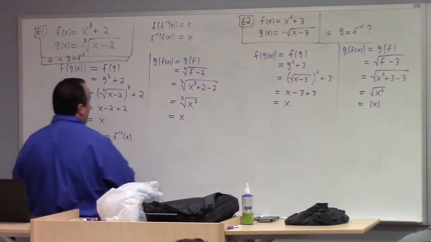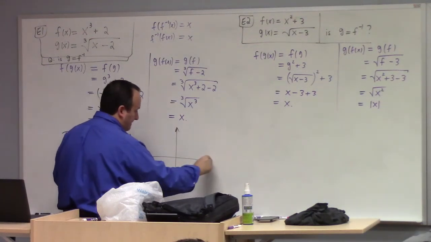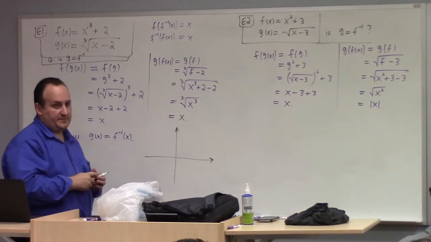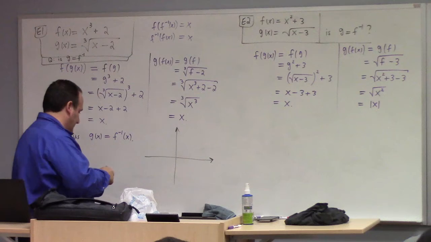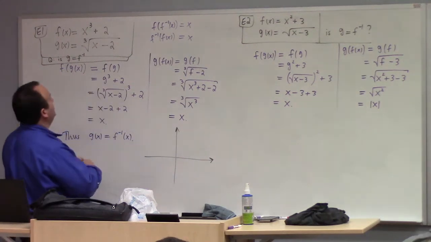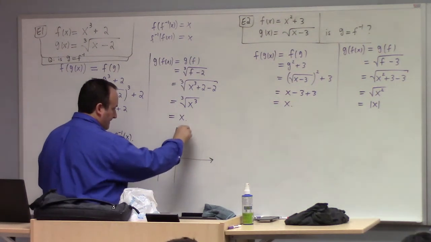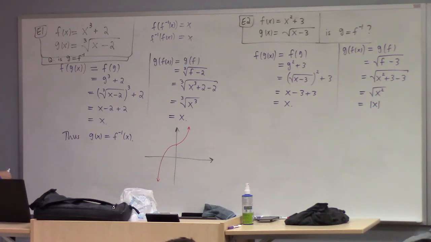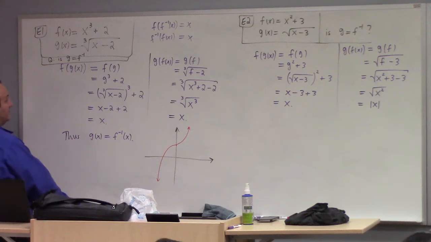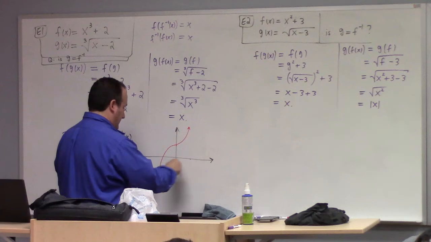So example 1, if you graph f, what's it look like? What's the graph? It's a snake, right? A sneaky snake. It's an S. It's got a y-intercept of 2, and it's one of these deals, right? And if you wanted to graph the inverse function, it's the cube root function shifted 2 to the right, right? So it's like basically